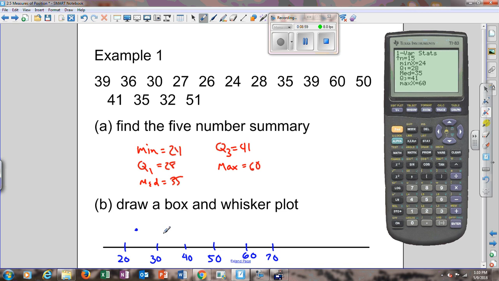Then Q1 is 28. Call that there. Median is 35. It's like right there. Q3 is 41. And your max is 60. Okay, now that I have my little markers here, I can draw my lines,